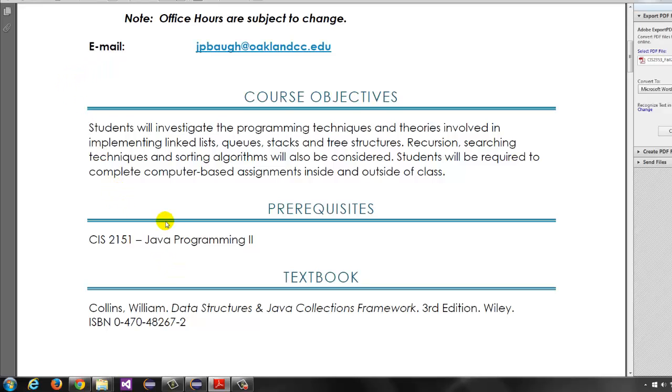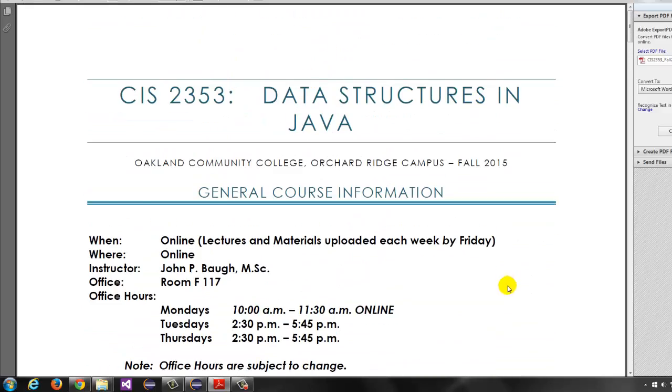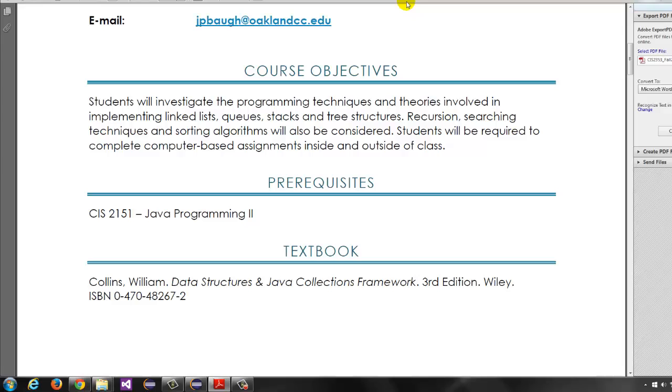The course is primarily focused on data structures in Java, but there's also an algorithm component with recursion, searching techniques, and sorting algorithms, because we know that the two primary things that make up any program are a set of instructions and the data that the instructions work with. The data often take the form of these data structures, which can be fairly complex. The instructions themselves are organized into algorithms. So when you see data structures and algorithms, we're talking about the actual data and the instructions.